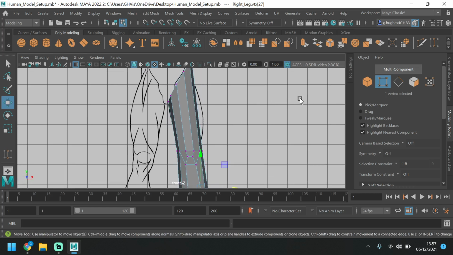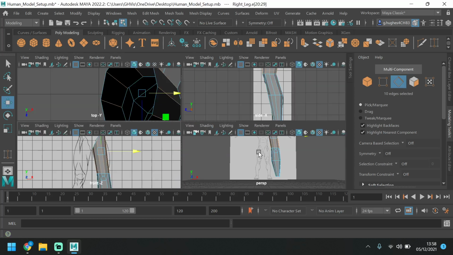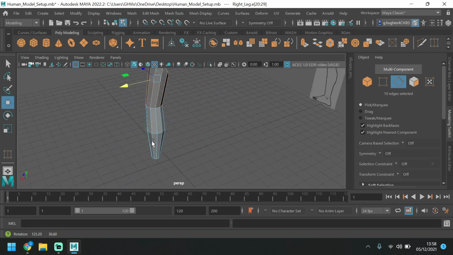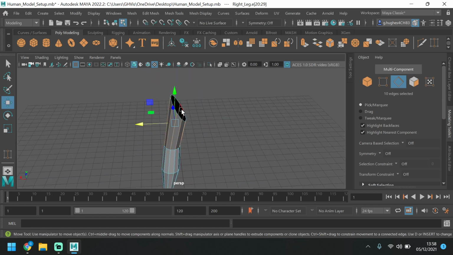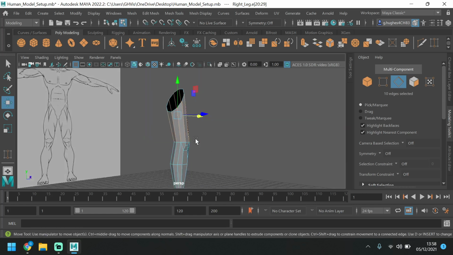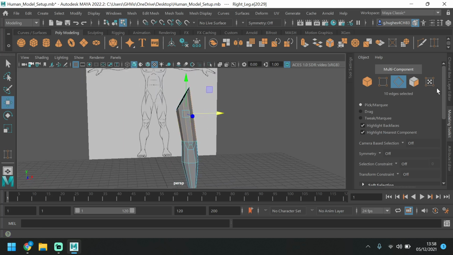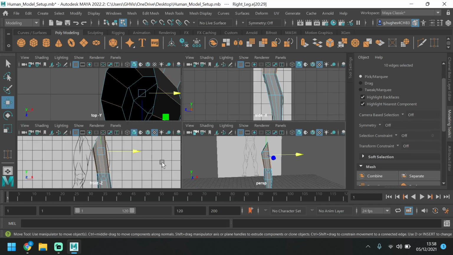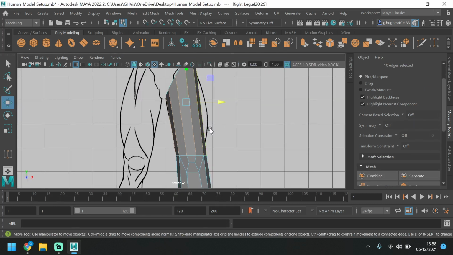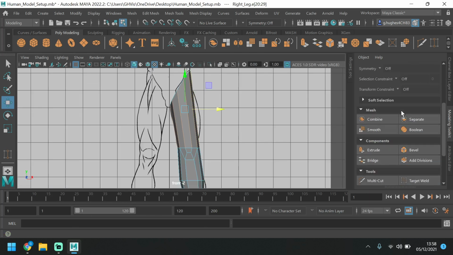And what we're going to do, we're going to add one more loop up here just to make this thickness here. So we're going to use the edge tool and we're going to select all these edges at the top. So just these ones on this line. So really all we should have selected is, as you can see like mine, we don't want any of these top ones selected or with the knee or anything like that. You're just looking for those 10 edges as it says here. Then we're going to use a tool, so go back to the front view so we can see. We're going to use a tool called